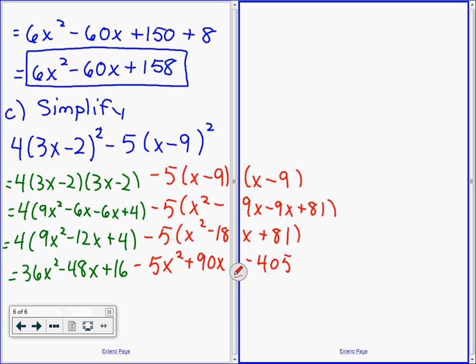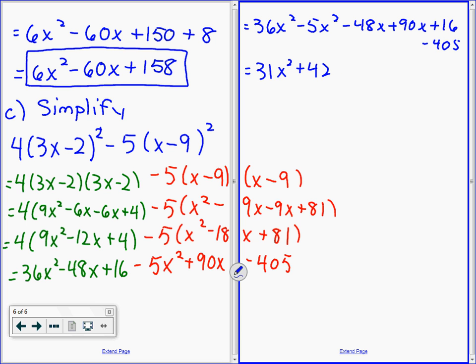Our last step before we finish, what do we do to finish up here? Combine, right? X squareds go together. I do this up top. So I'm going to write this as 36x squared. Oh, no. And that's 31x squared minus or plus 42x minus